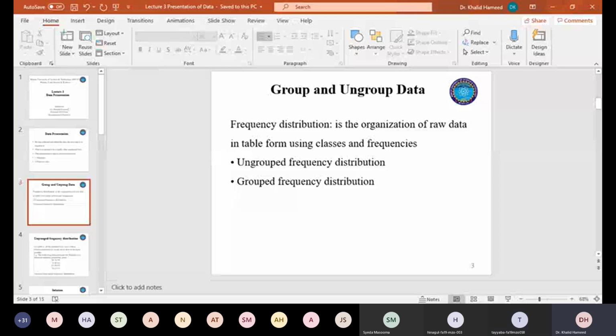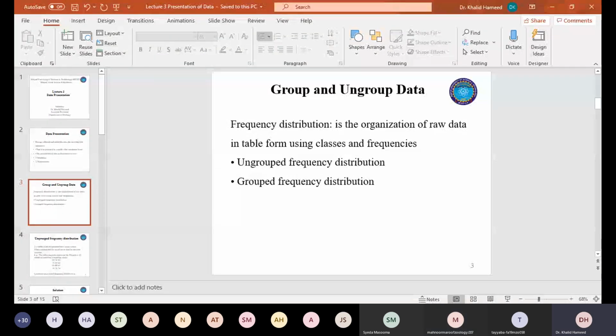Excuse me, sir. Yes, please. Sir, there is some distortion in your voice. Okay, is it distortion for everyone or only for you? For everyone. Yes, sir, there is some distortion. Okay, in that case, we're going to make a pause for 2 minutes and hopefully we'll have better internet connectivity. Just give me a couple of minutes.